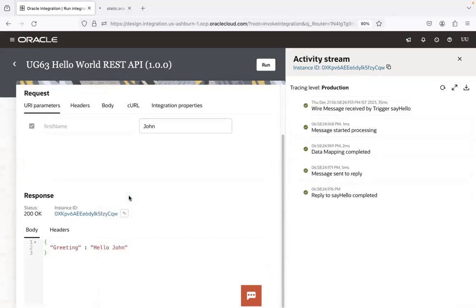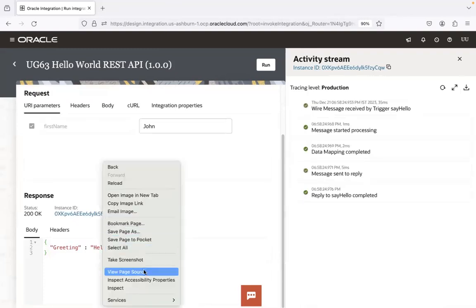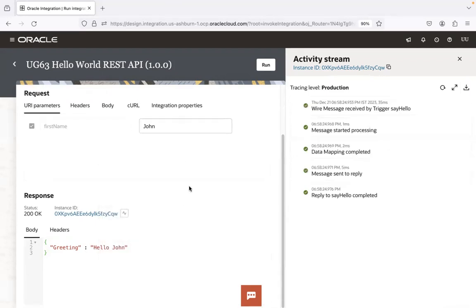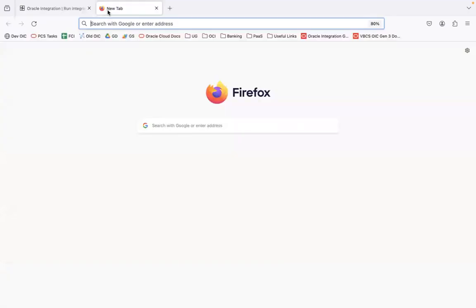Sorry, I tried to open this in a new instance. Okay, we don't see an option to copy the link. First of all, you see an instance generated. And since the tracing level is set to production, what is it that you get to see, guys? Remember, within the integration we just had 3 nodes. And for all the 3 nodes, whatever has happened within the integration, you were able to see in the activity stream. Okay, so if I go into the monitoring section,